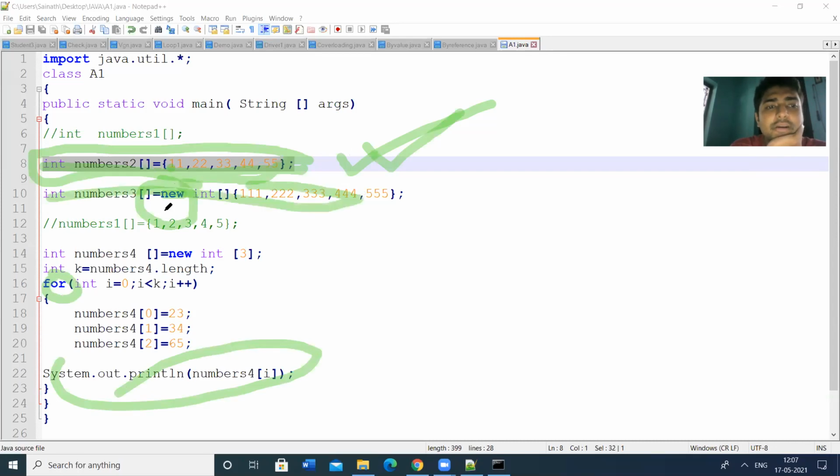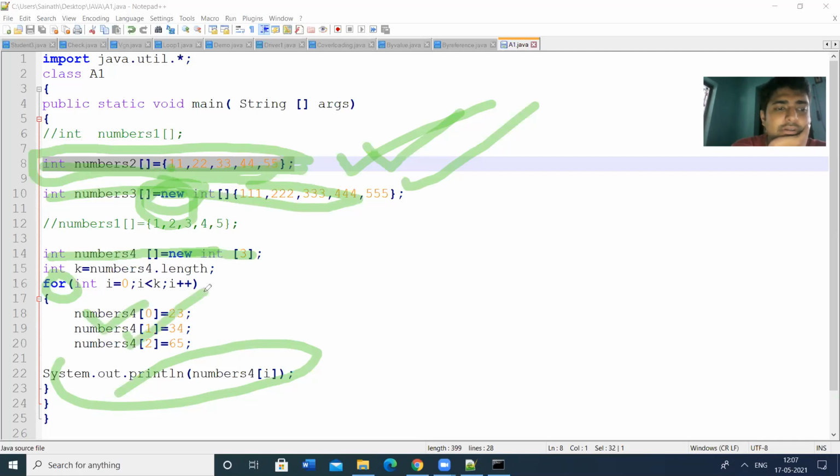By using this new operator, we can access the array. We have to give the size of an array also. And then we have created this third array, numbers 4, and we are trying to assign the values at the program level itself.